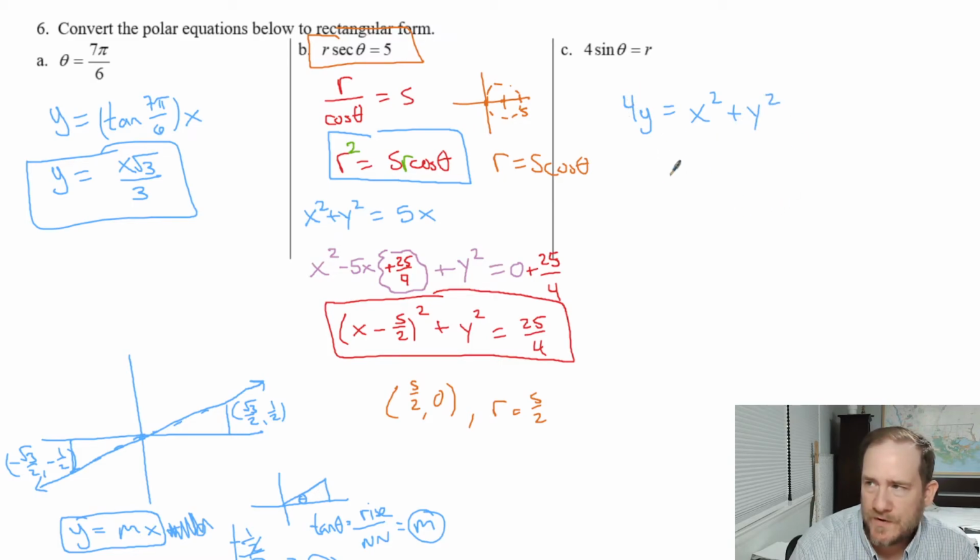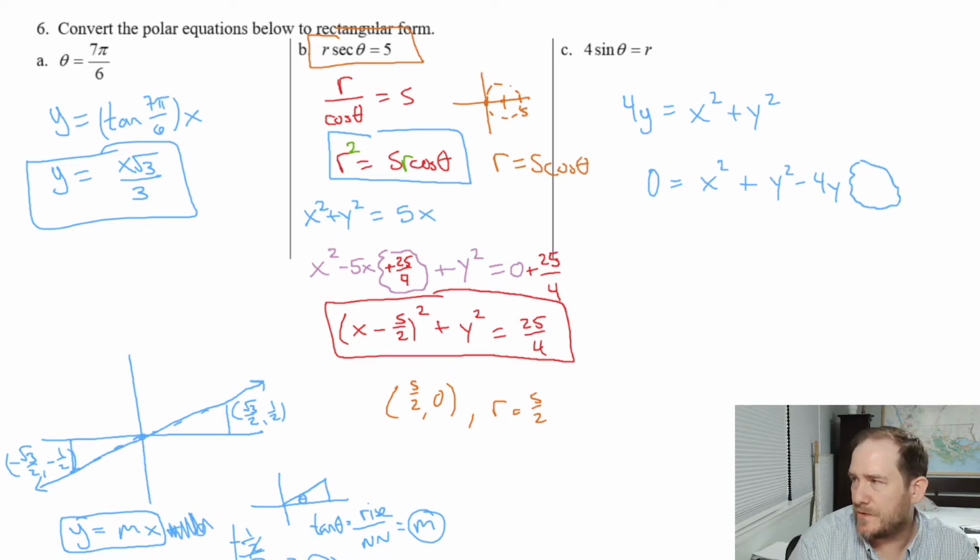So again, we just want to subtract and complete the square, so we get 0 equals x squared, which we don't have to worry about, then y squared minus 4y, and here's where we need a nice big space to complete the square with, so we'll just add 4 to both sides,